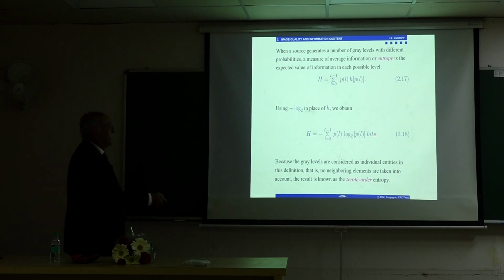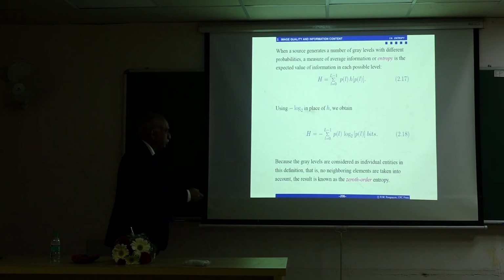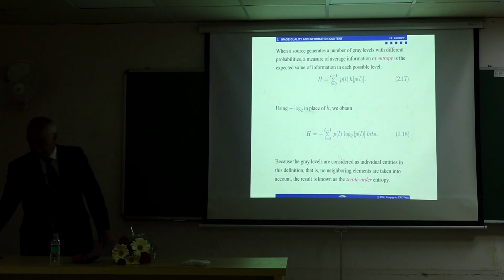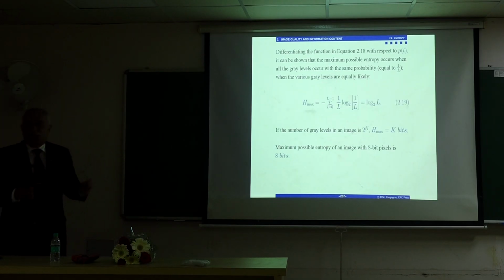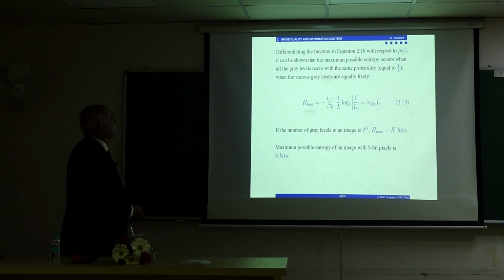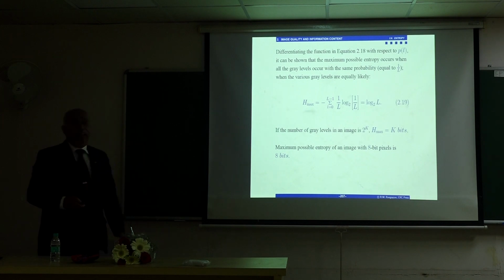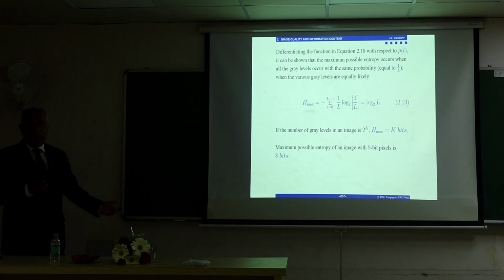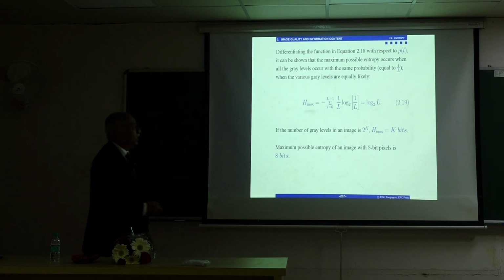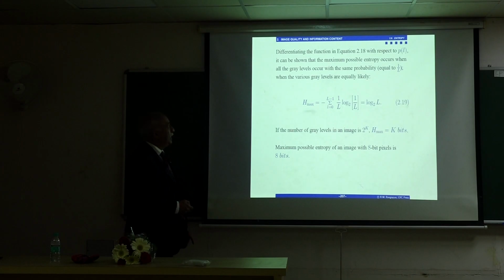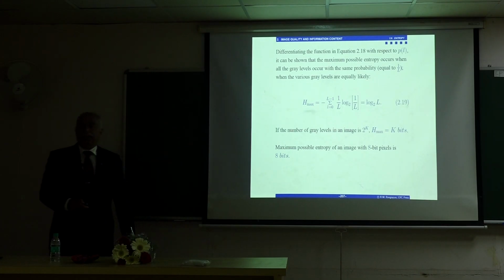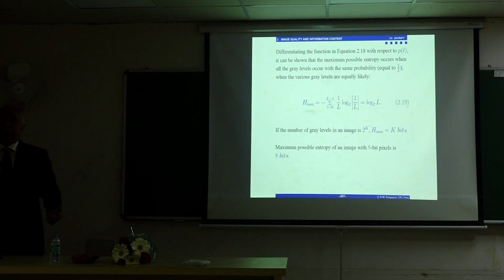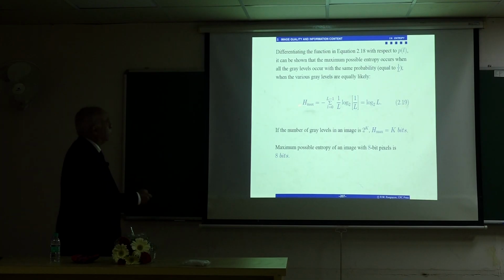So this is entropy. It is one measure of information. If you differentiate that and do the optimization process, you find that the maximum occurs when all the probabilities are equal. If there are L levels, the probability of each one is 1 over L, and then the maximum value